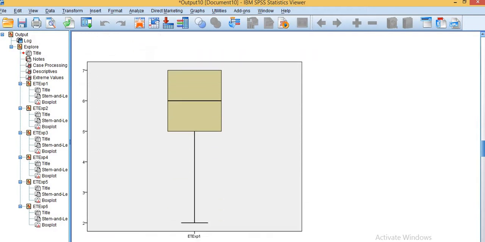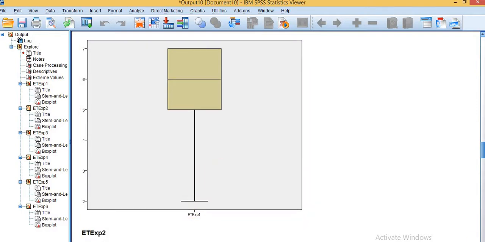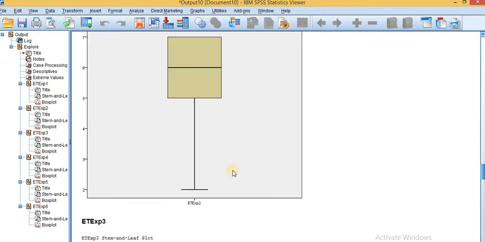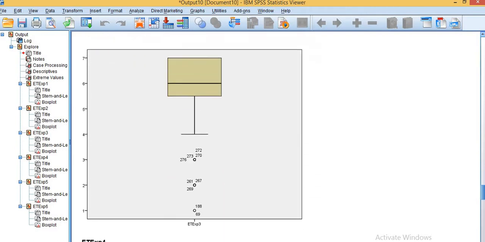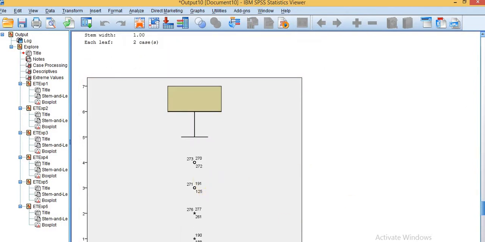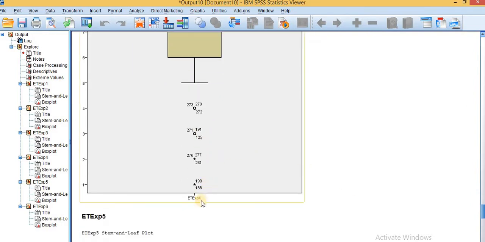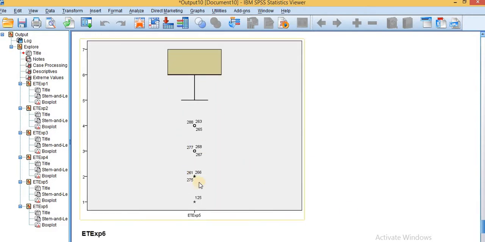So these are the diagrams for the data outlier. In this item, there is no outlier. Moving forward, there is no outlier found in that item as well. Moving forward, there are 8 to 10 outliers existing in item number 3, and then again 10 to 15 outliers existed in item number 4, and then again in the other item there are 10 to 12 outliers. So what can you do?